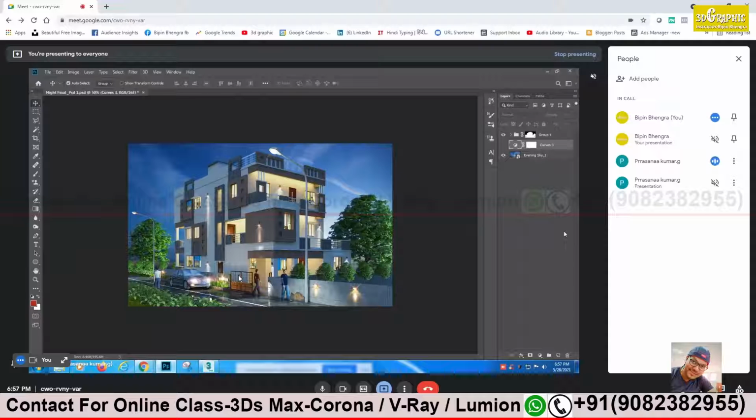So what should we take now? I think just give little brightness to the sky. Oh no, no, no. I want my elevation to be more highlighted. So my sky will be darker only. So this is more of bluish. Can we give it a little less vibrant so that it becomes a little whitish?